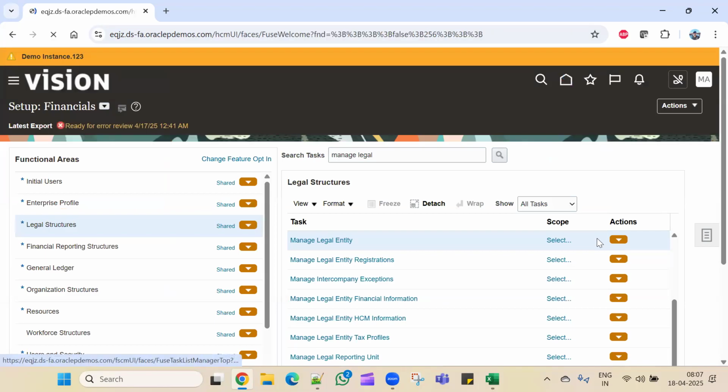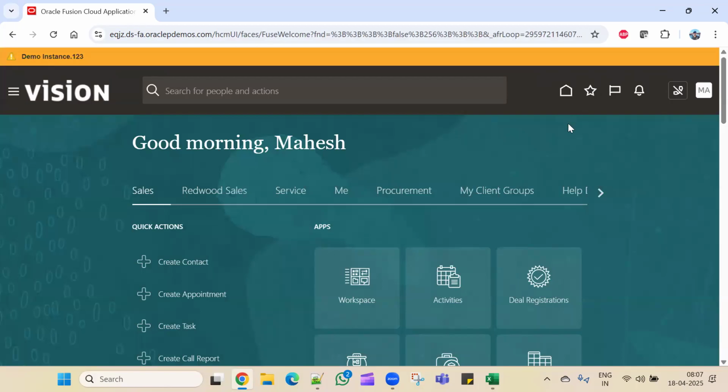Now the basic setups are completed. Now we are about to test our enterprise structure. Okay, to test our enterprise structure, we have to add the rules. Okay, so let me